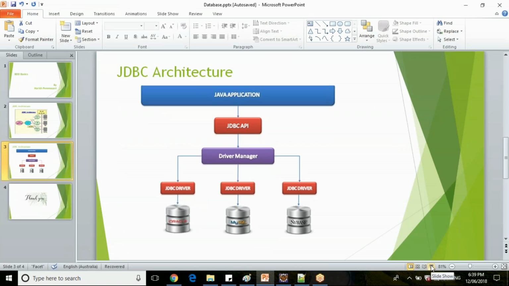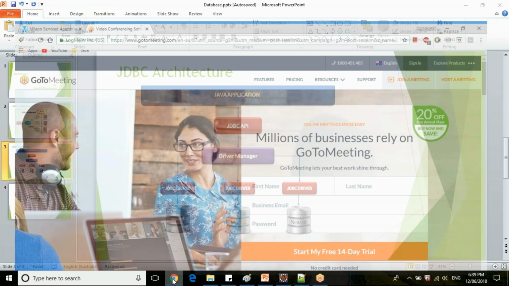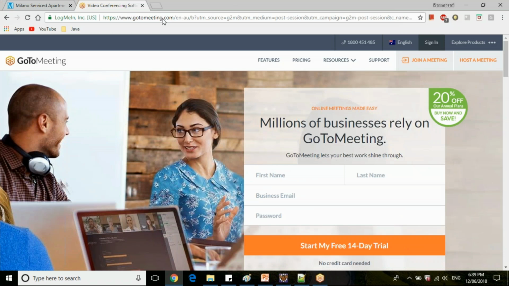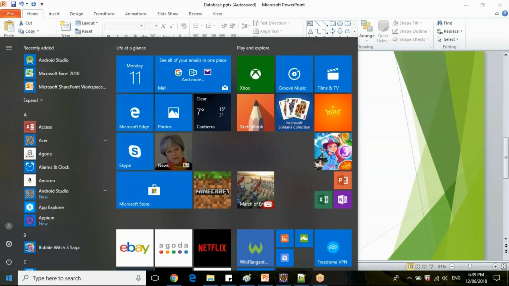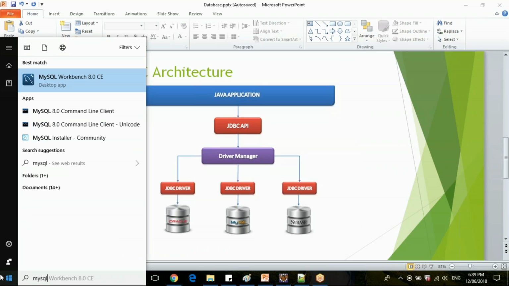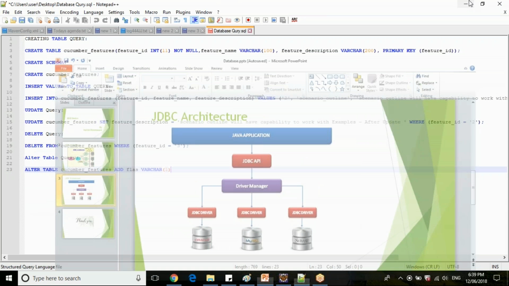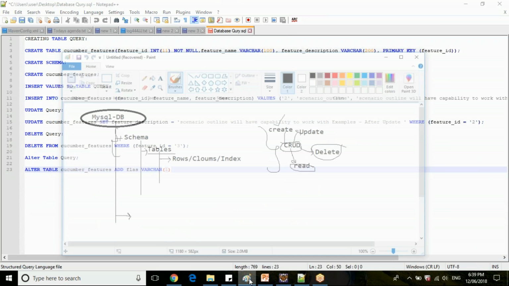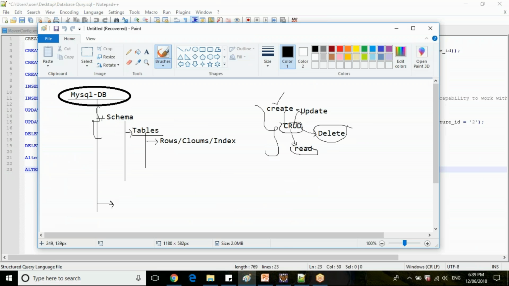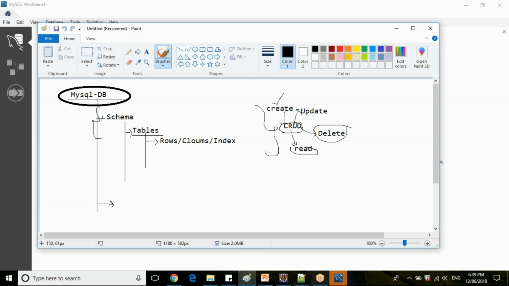So only the architecture and how to download MySQL file. We have seen we can download MySQL from the official portal. After installing, we saw how MySQL Workbench looks, and we have seen what the core operations are, how exactly the database is available to us. Since we are discussing the MySQL database, for any database, this is the architecture or the structure.